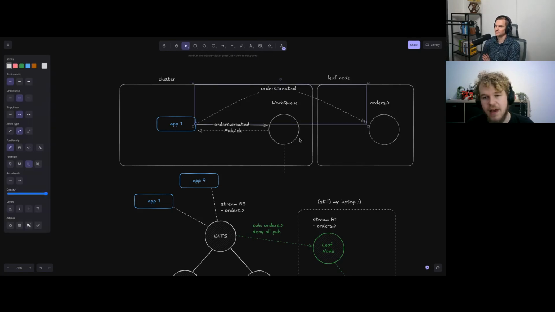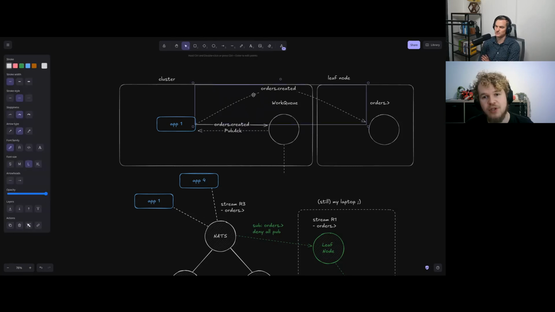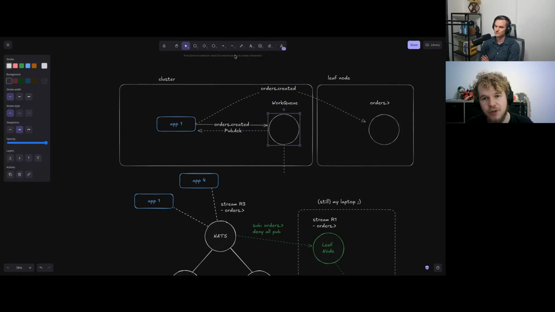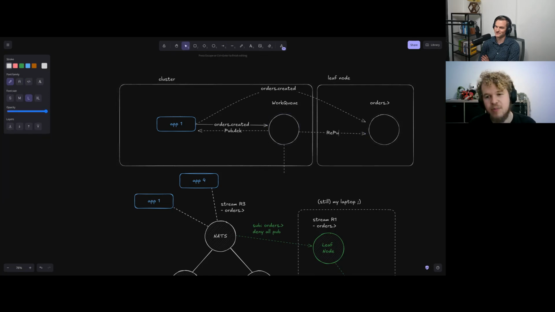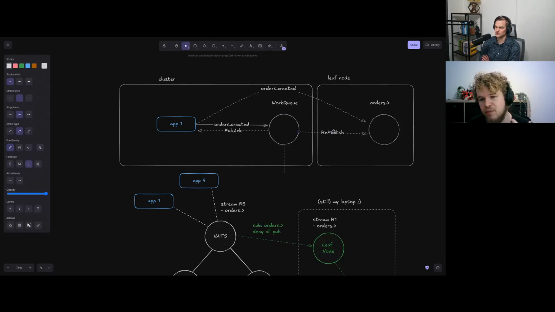And even, I'm now thinking, if you would want to be sure that the message is persisted in the work queue, there's even an option for that. We didn't use that at the time. I'm not sure if it even existed at the time, but then you could use republish. So when the message is accepted into the work queue, it would be republished into a different subject.